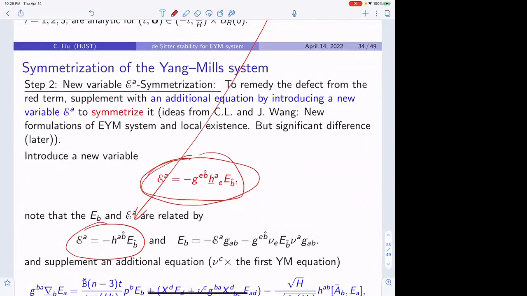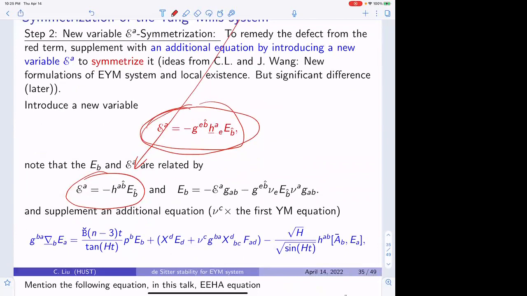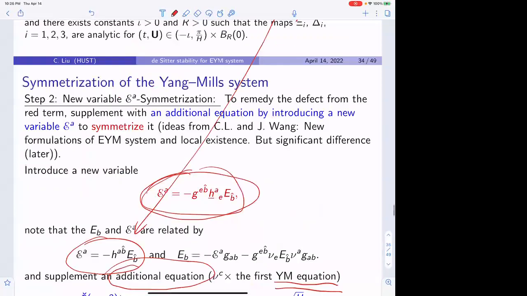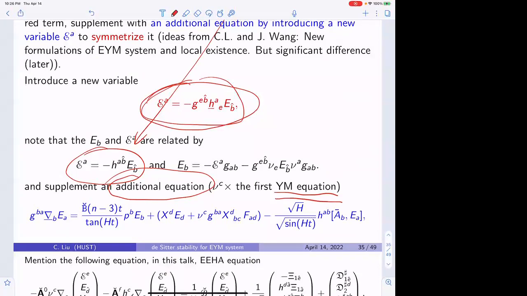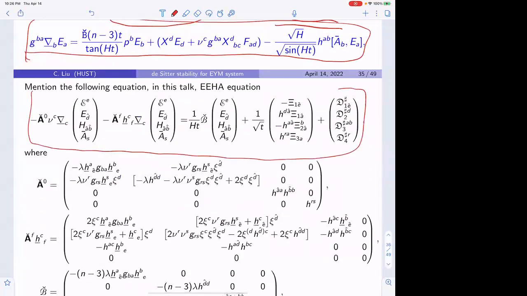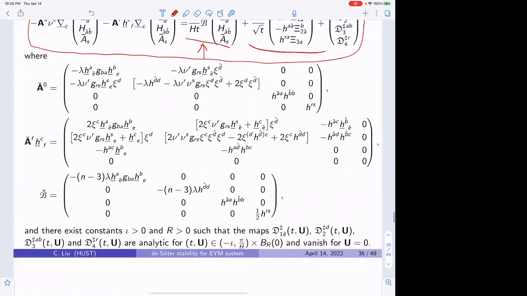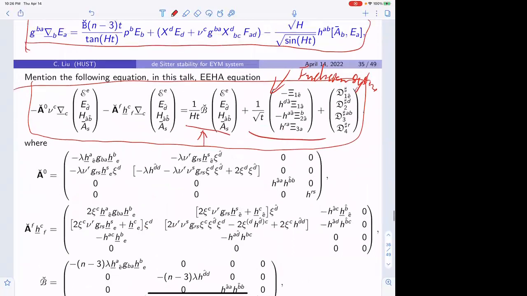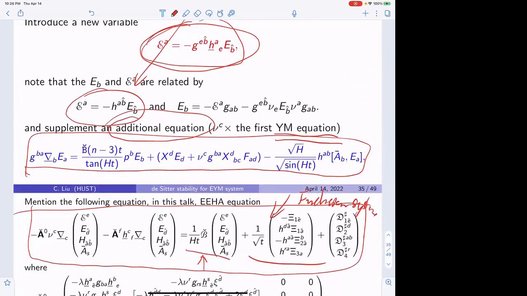So if we introduce this new variable and we complement some new additional equation, in fact, this equation is also included in the original conformal Yang-Mills equation, but in this step, when we got this equation, we lose some information. So we just add this lost information in. Add this equation in, then we can get a very nice symmetric hyperbolic system with this singular term here. So this system is a function system. This is a function system. So the trick is we introduce a new variable to symmetrize this system, but here is something bad, because